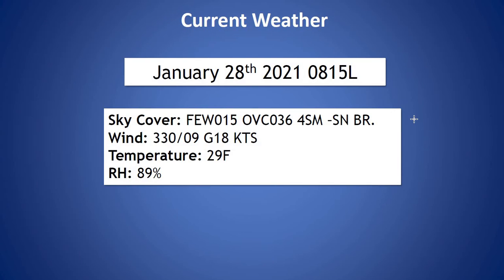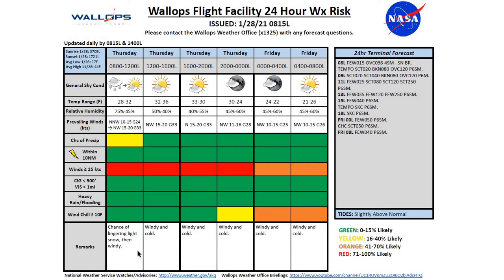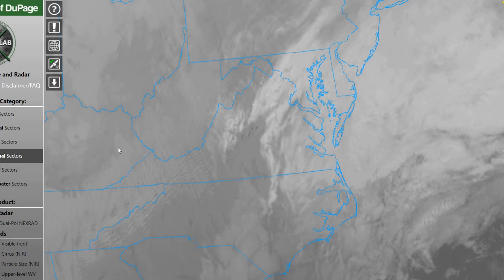So taking a look at our current observation, as of 8:15 this morning, a few clouds at 15,000 feet, overcast deck at 3,600 feet, 4-mile statute visibility with some light snow. Seeing the winds out of the northwest at 9 knots, gusting to 18 knots, temperature at 29 degrees, and relative humidity at 89%. So quickly taking a look at the satellite imagery and the HERM model this morning, you